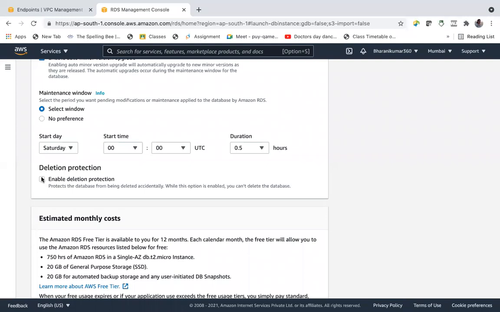Suppose you are the admin and the people actually working with the database are different. Your database team will be working with the database, but as an admin you have enabled deletion protection. If they want to delete the database for some reason, they have to request the admin, and only if it is unchecked can they delete it.